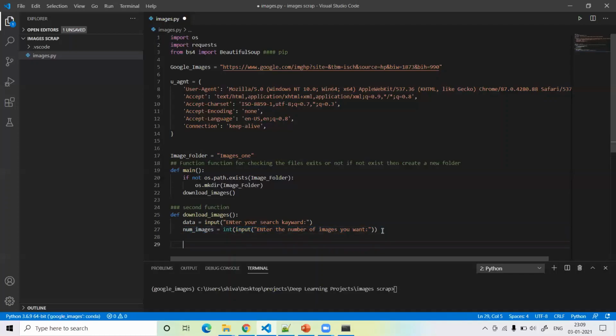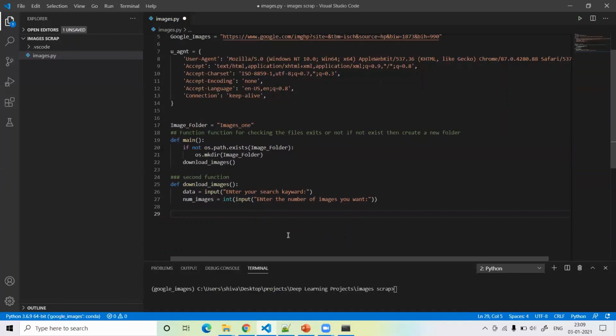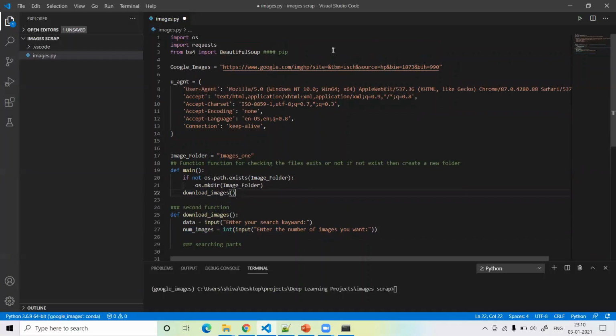Then we have to define, okay, just leave this part. I will explain the next part first of all, and then come back to this part, guys. So I just comment this part, the searching part, okay. I just comment this part currently. Let's say next for searching a URL, because first we have defined all the necessary libraries. After that, we have defined our Google search, because we have to scrape the data from Google.